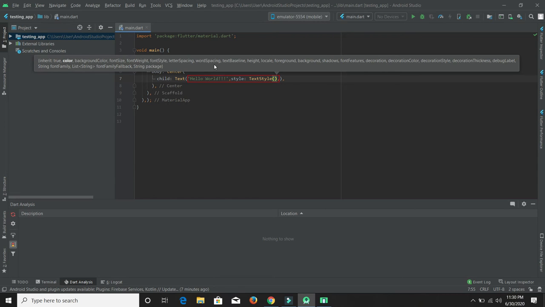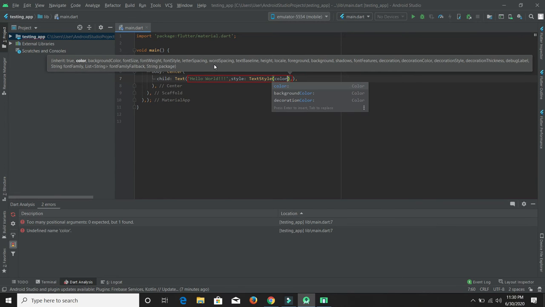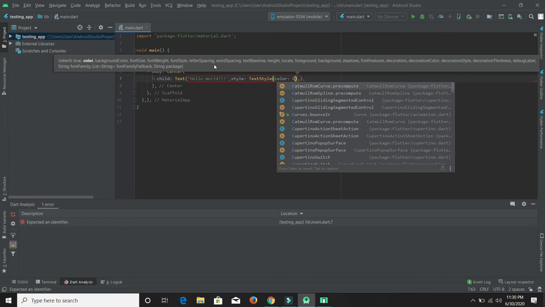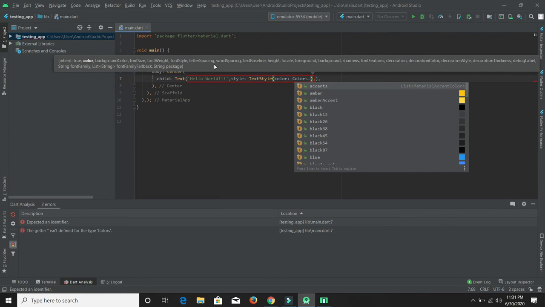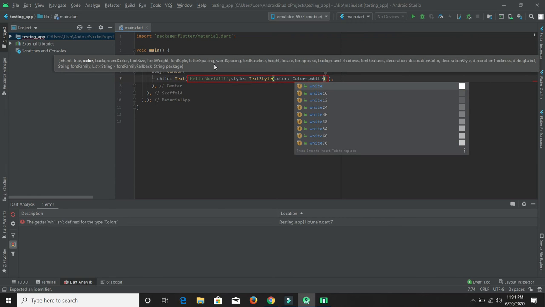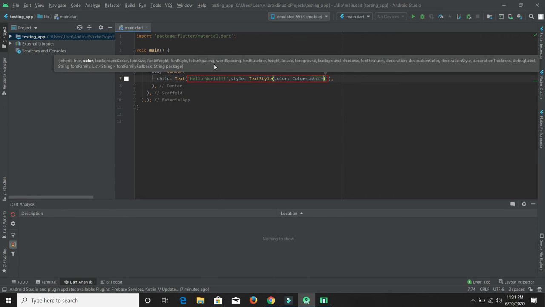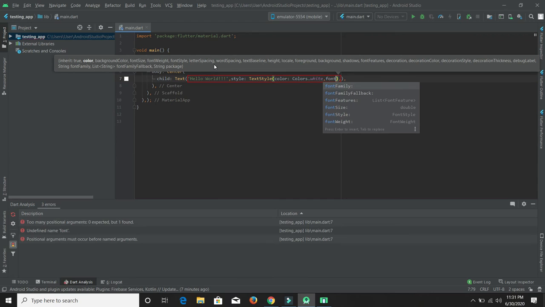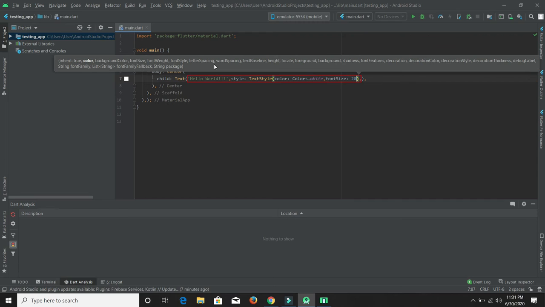So first we're gonna put the color to this. So let the color be Colors. Colors is a particular property where you have a various list of colors here. So you can choose one. So we are gonna put it here as white. Since the scaffold is also white, we cannot see this. So we are gonna change that scaffold later, and then we're gonna put font size to 20 so that